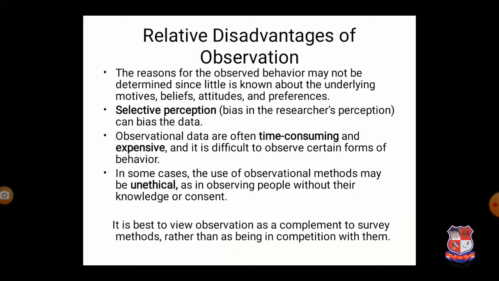If we talk about the disadvantages of observation, then maybe it is time consuming. How is it time consuming? Because observation is possible only when the event occurs. If the event does not occur, up to that we need to wait to observe. For example, if I want to understand the cause of an accident at a four crossroads, I need to wait until the accident occurs. If the accident does not occur, I cannot observe the things. That's why this is the biggest disadvantage of the observation method. It is time consuming and it is expensive.